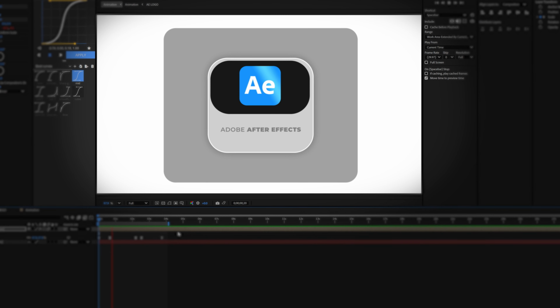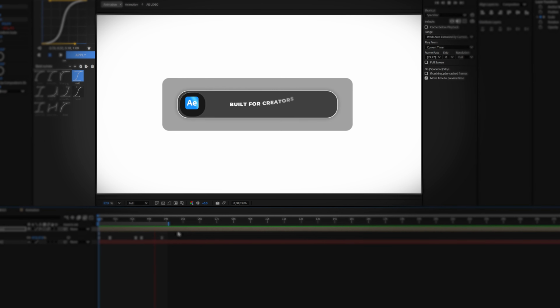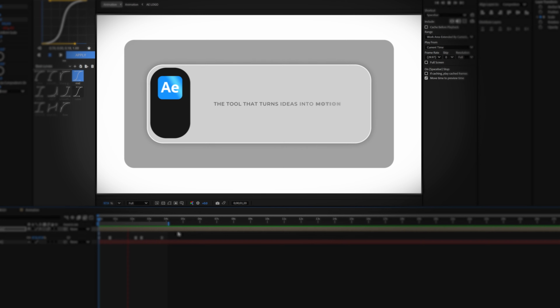In today's video, I'm gonna be showing you how you can make your animation so much smoother. Basically, we're gonna be morphing different shapes, and this will help you a lot when it comes to the smoothness